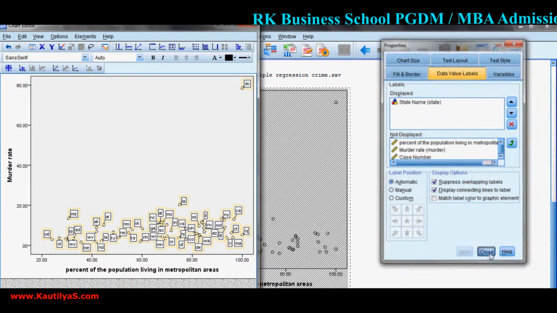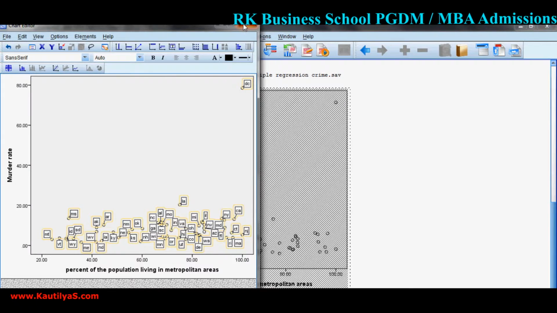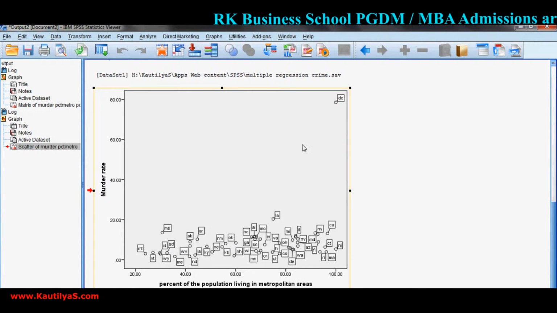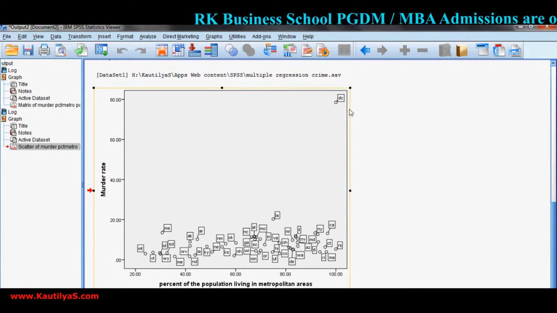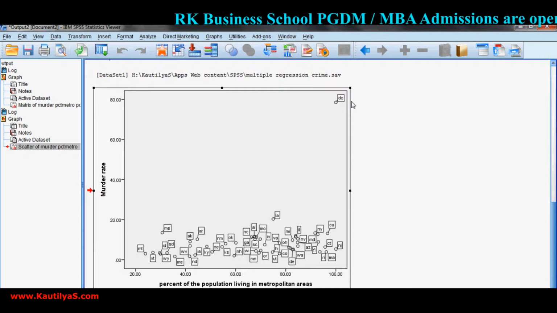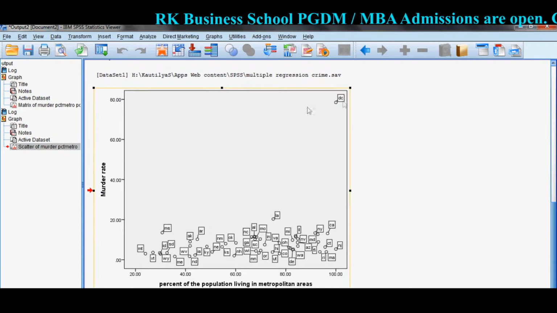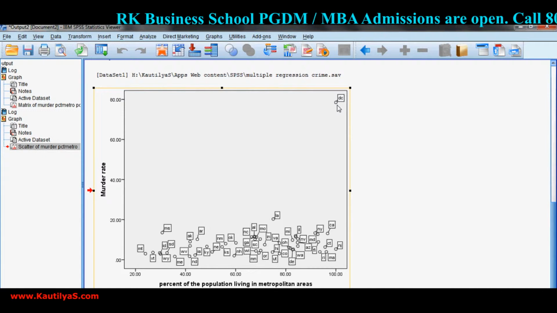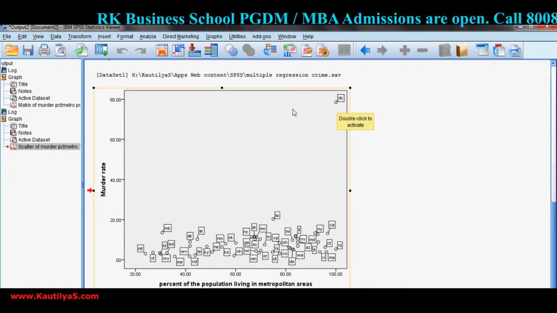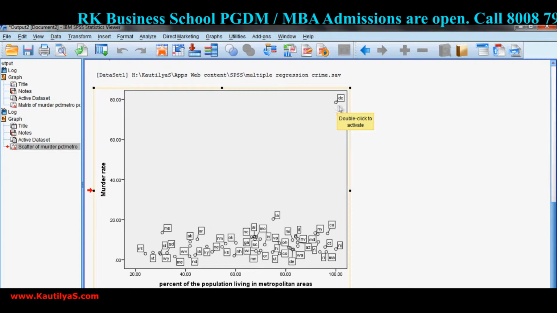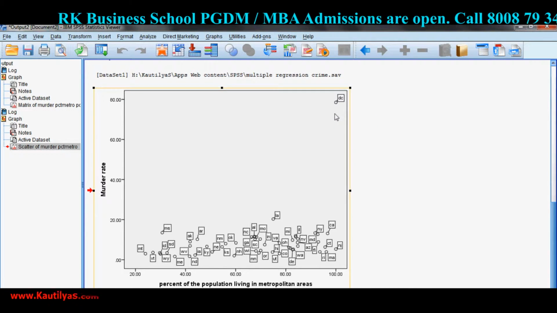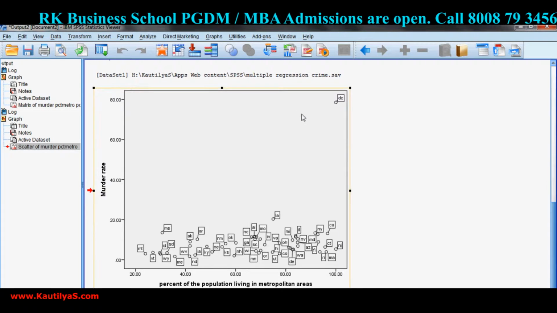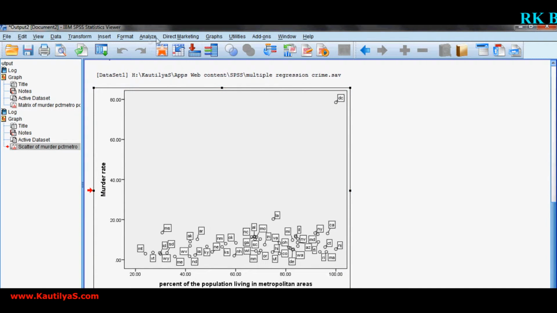So just close this. This is how we identified the outlier. There are various methods to handle an outlier. In this video I am not explaining the process to handle outliers. We'll run a regression with the outlier and without the outlier, then find out the difference, and in other videos we'll explain how to handle outliers.